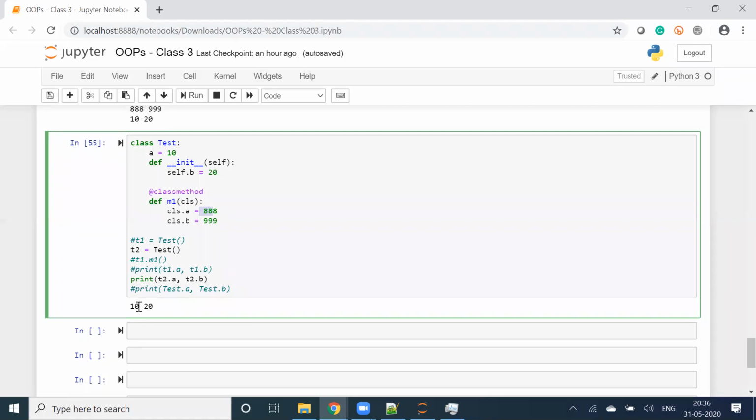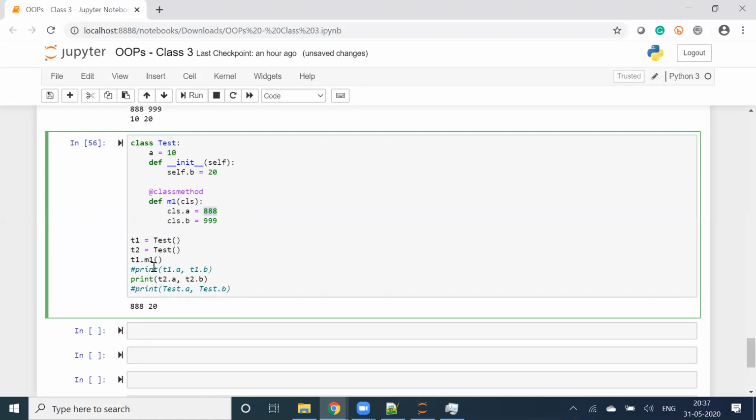So when I uncomment this, the output will be 888 only, because the T1 object is created and T1.m1 is running. Because T1.m1 is running, the value of a is getting updated to 888.